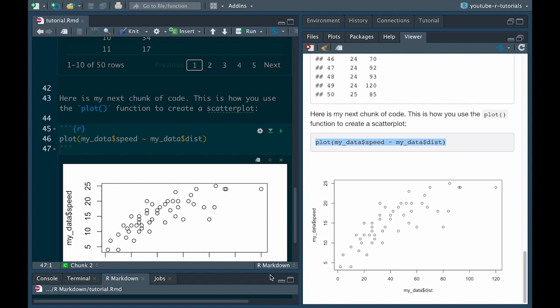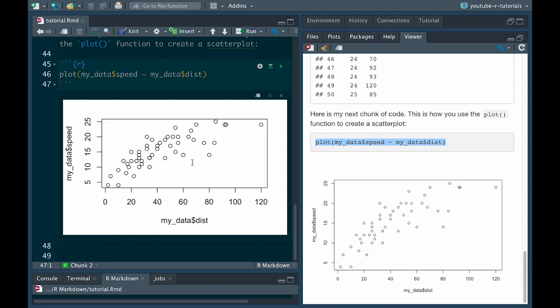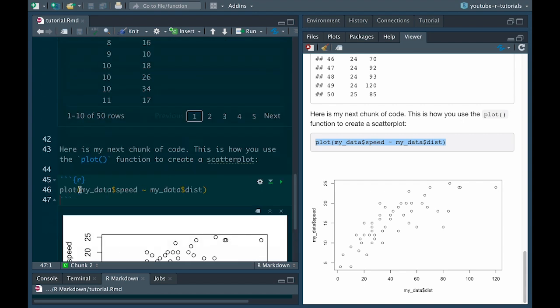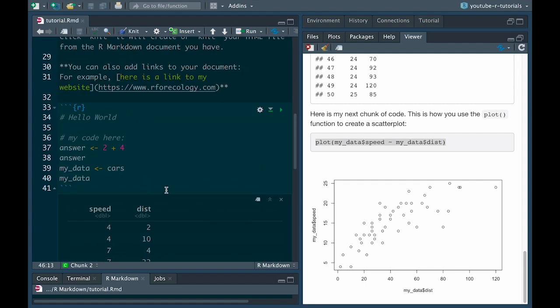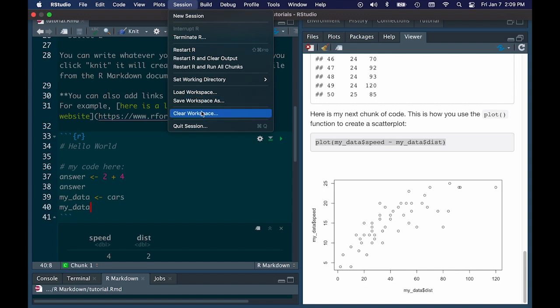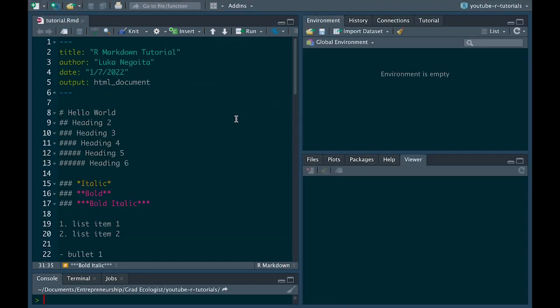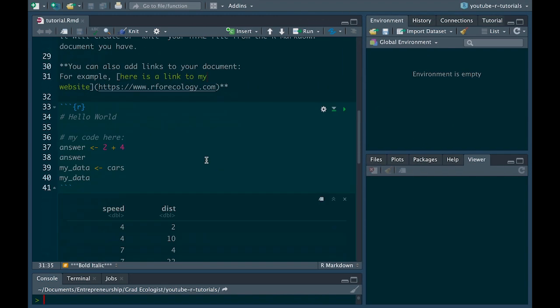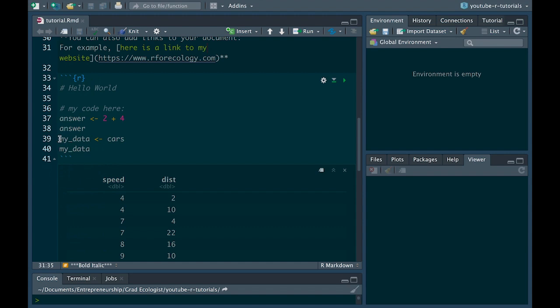So it's important to note that like a regular R script, you do have to run all the code chunks one after another if certain variables or packages that you need lower down in the code are located somewhere higher up in the code. So for example, here I'm referring to my data, and I only define my data here. So if I were to restart R, I'm just going to go to session, restart R, and clear output. I just restarted everything. Now you can see that the environment is empty. So we created this variable my data from this cars data frame.